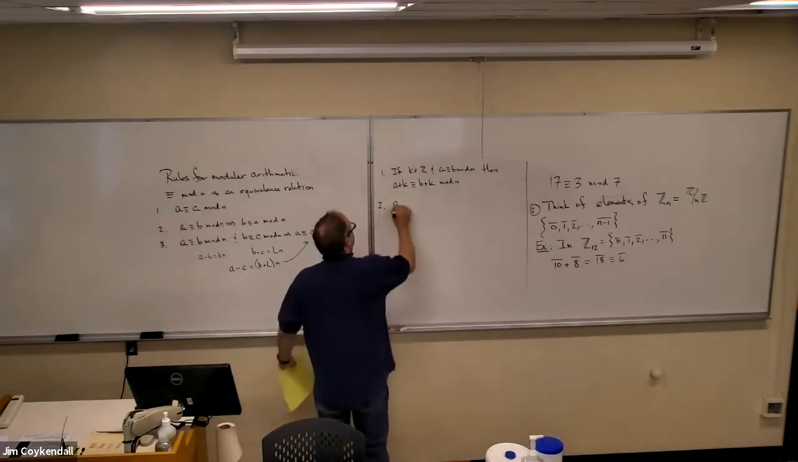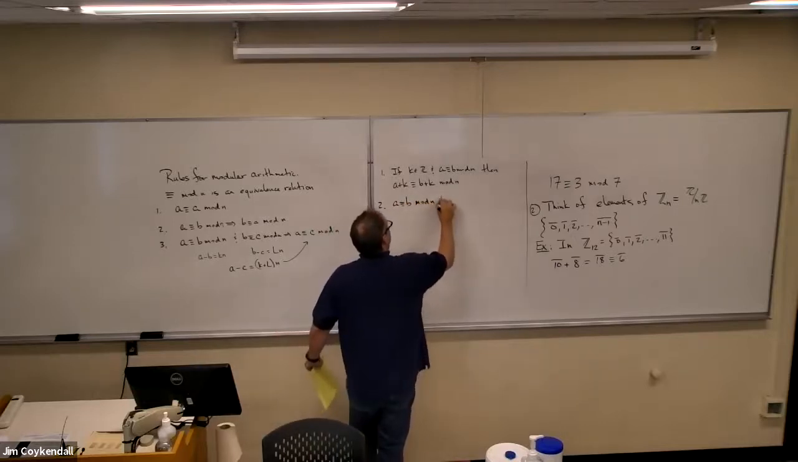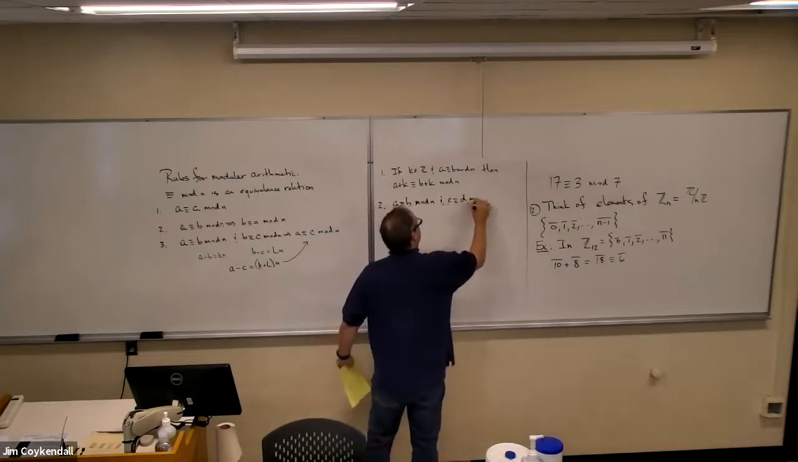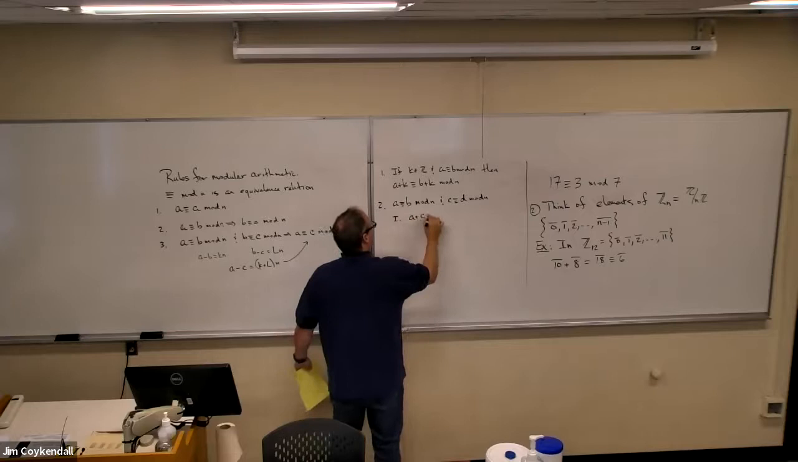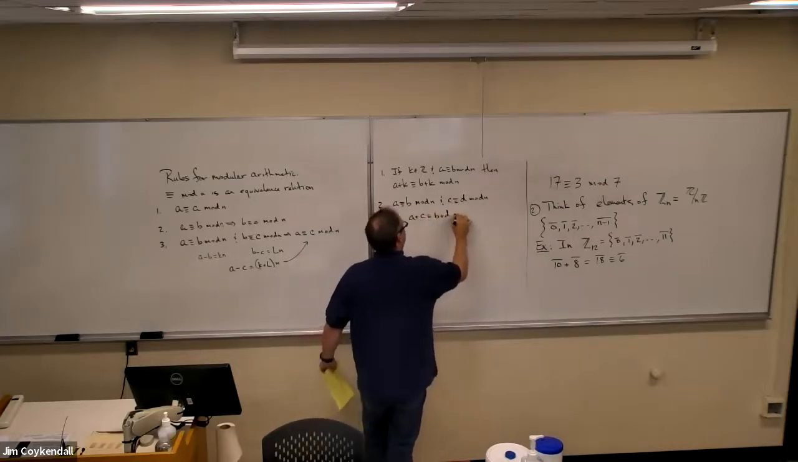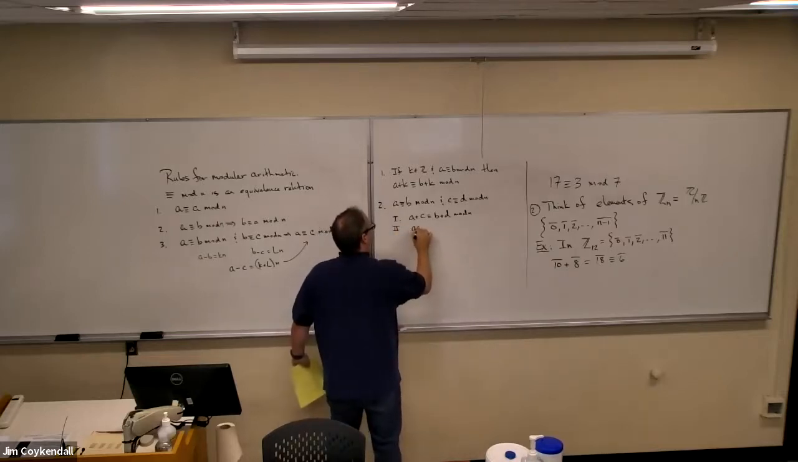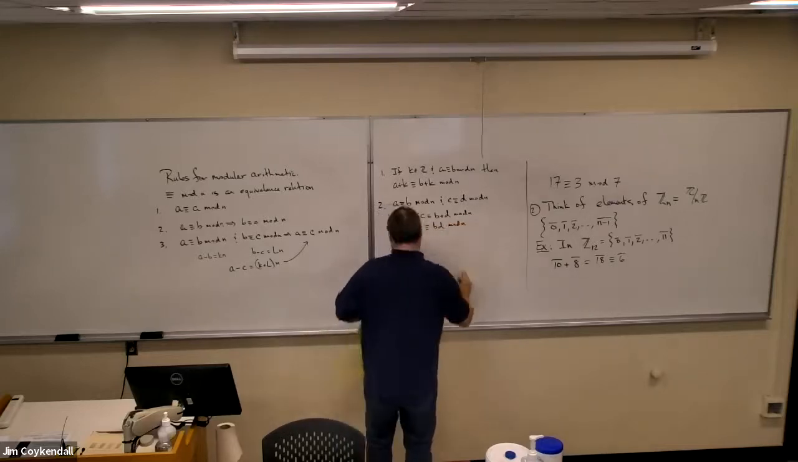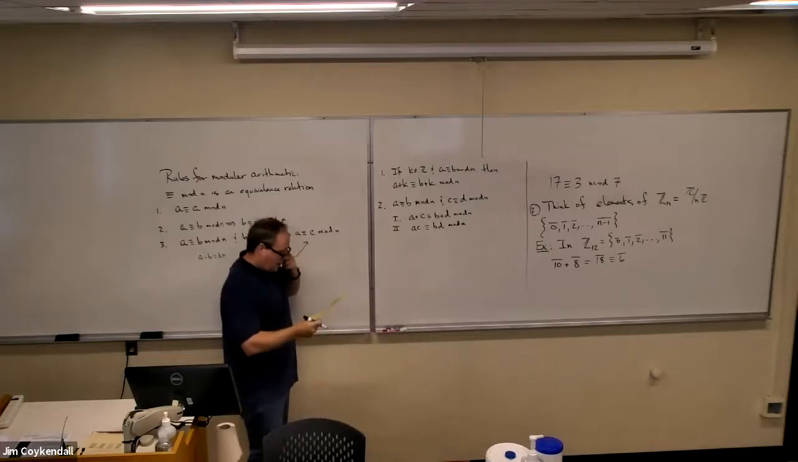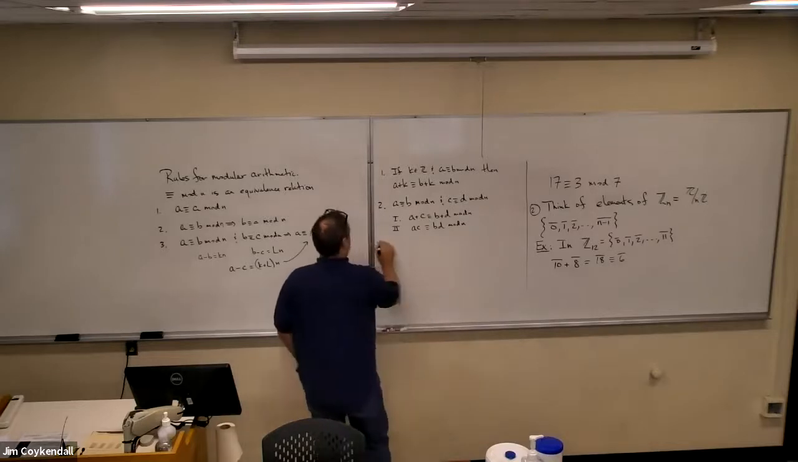So I'm going to put a couple here together. If A is equivalent to B mod n and C is equivalent to D mod n, then Roman number one, A plus C is equivalent to B plus D mod n. And number two, AC is equivalent to BD mod n. And so, three,